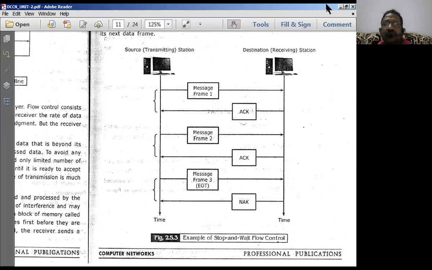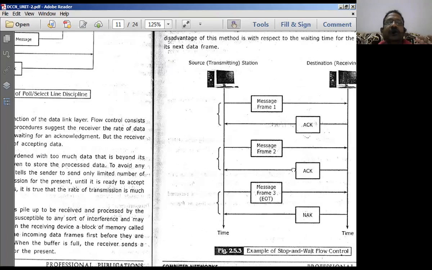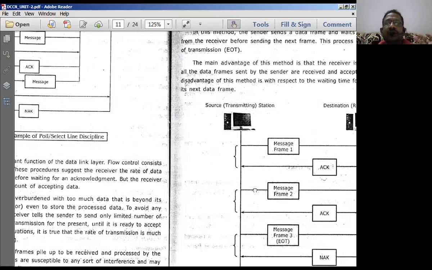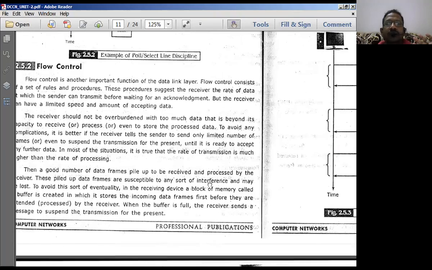Then a control action should take place on this station, since it is not transmitting. There is going to be another set of instructions. Supervising signals have to be transmitted to the receiving station about the reasons why it is unable to collect the signals from the receiving station. So this process is called the stop and wait kind of flow control method.